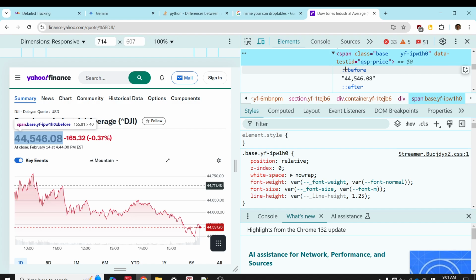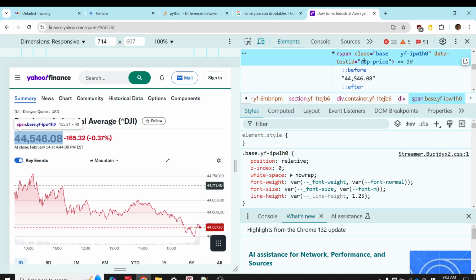Now, I don't exactly know what colon before and colon after is. It's an additional marker, not in HTML. This is not part of HTML, but it could be like React.js or Angular.js. There's some other framework that uses this extra thing. But as far as I know, before, after, these are not really HTML markers. But what I want is just to scrape this, and the way you get to this is by using this